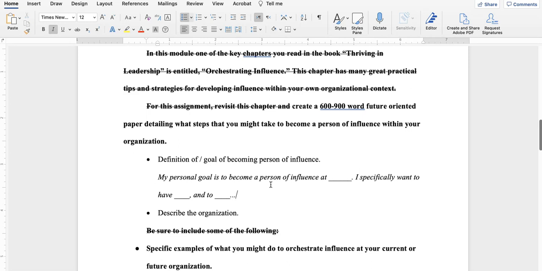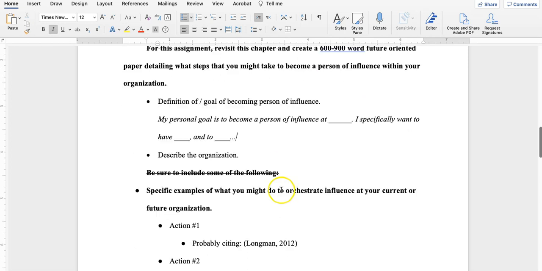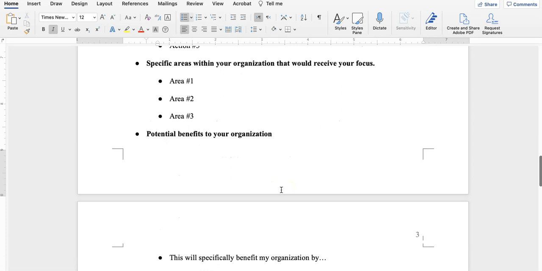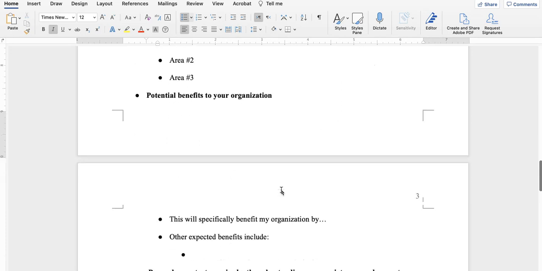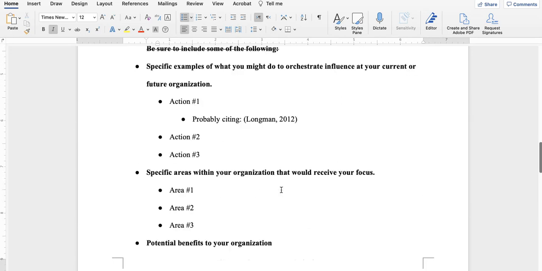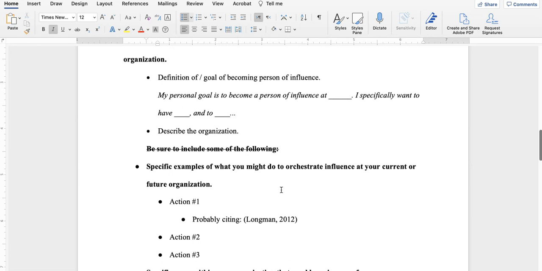And as part of the how you will be influential, describe the organization. What is it now? What do you do now versus what you want to do after you become a person of influence, for example. All right, and I think that's probably a good point to stop, except to say that, remember, use those I statements to clarify who did what.